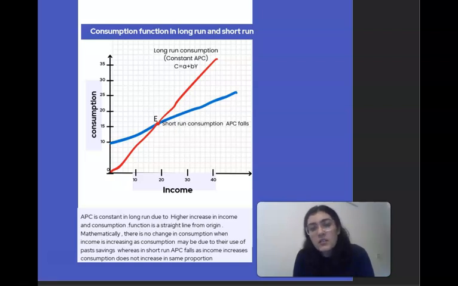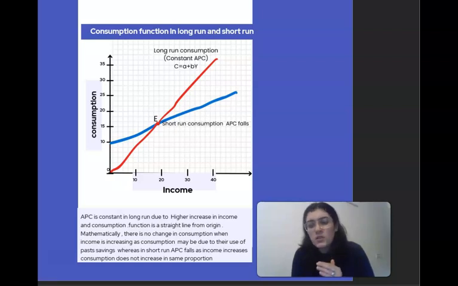You can see that the long run, which is represented by a red line, is the long run consumption function, and it has a constant APC. In the short run, as I just told you, APC falls down. So APC is constant in the long run due to a higher increase in income and consumption. Again, you can see the graph and correlate what I'm saying: as income is increasing,